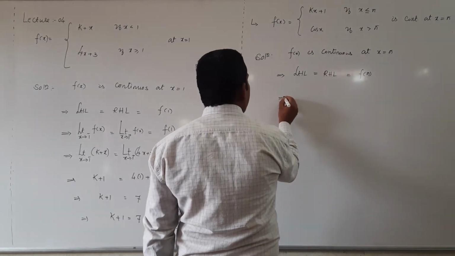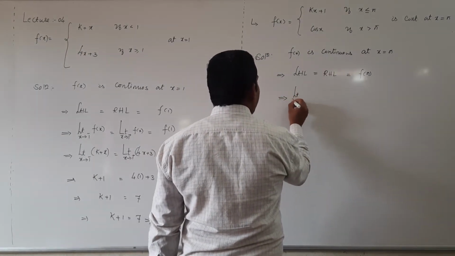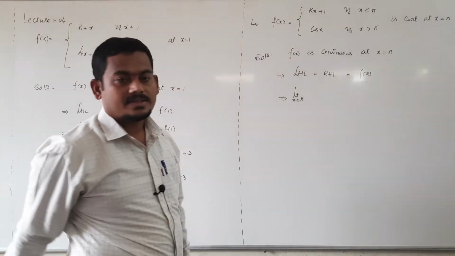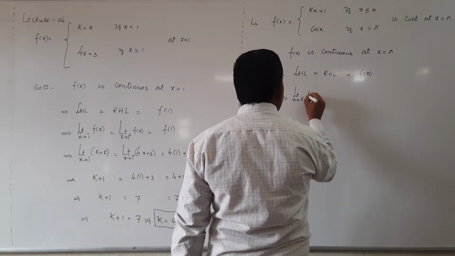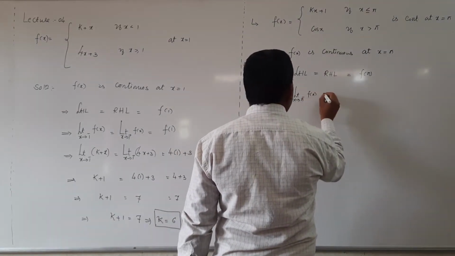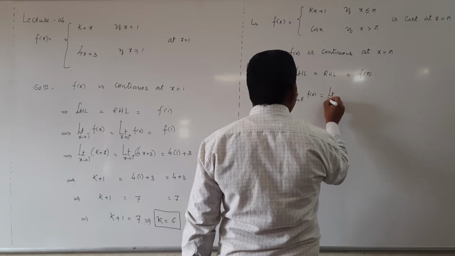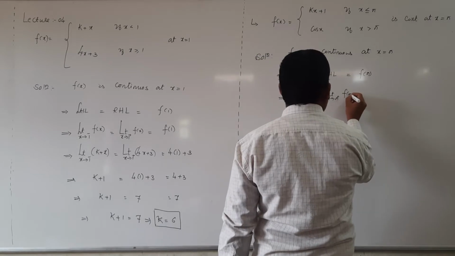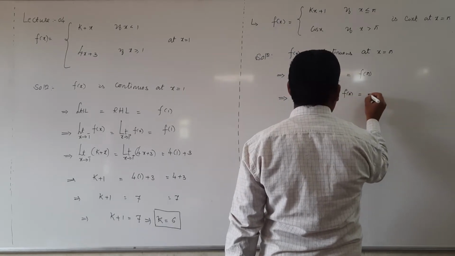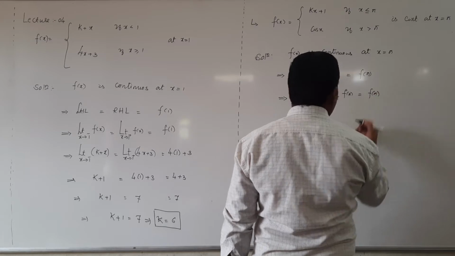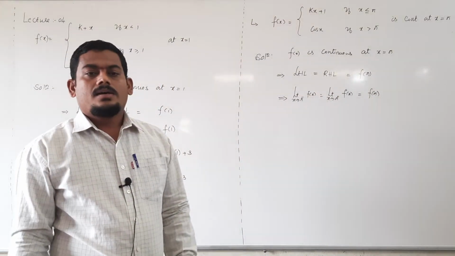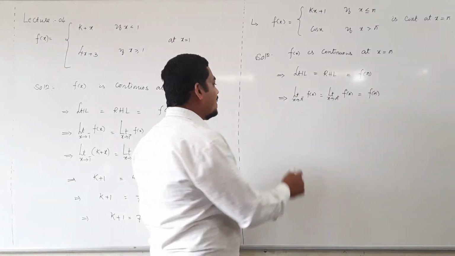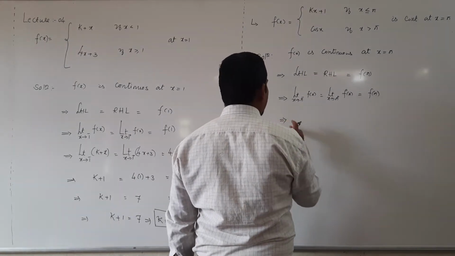Next, the left hand limit notation at pi is limit x extending to pi minus of f of x, then limit extending to pi plus of f of x, equal to f of pi. In the first step, write in general function. It is from the definition of continuity of the function. Now replace the left hand limit, right hand limit and functional values.